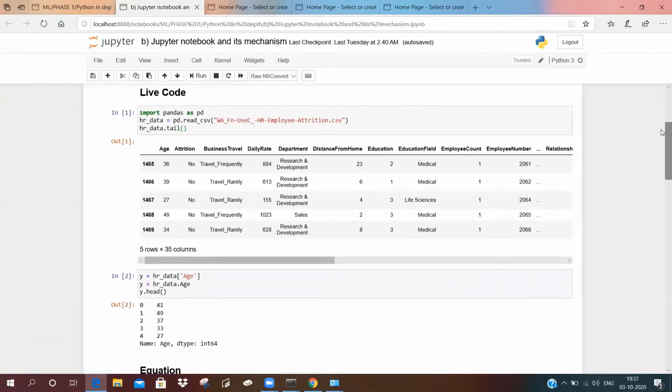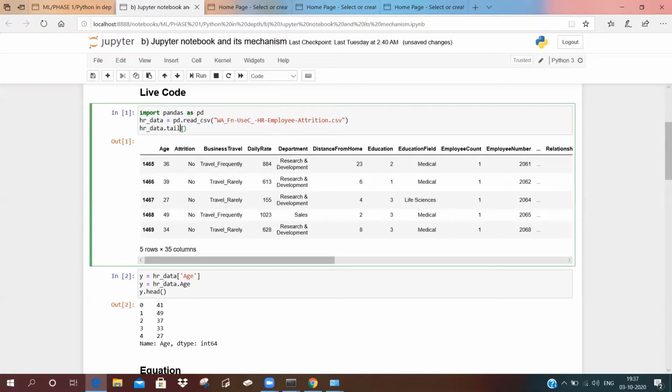Live code simply means as you change anything in your code, its output will change. Over here, I had already saved my HR employee attrition data. And as soon as I run it, my output gives me the last 5 rows of my HR employee attrition data.